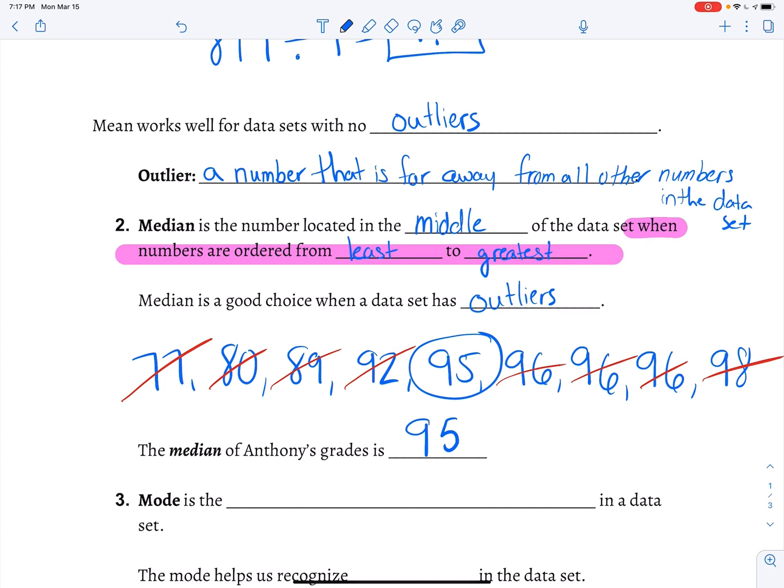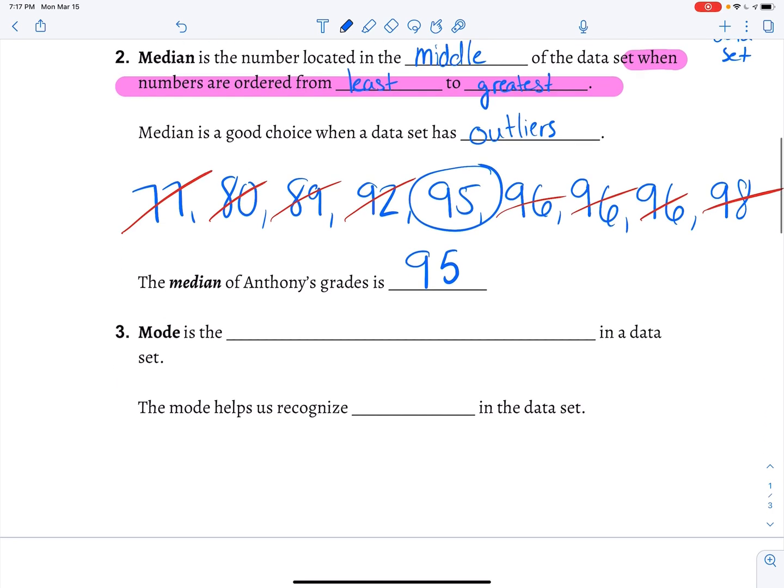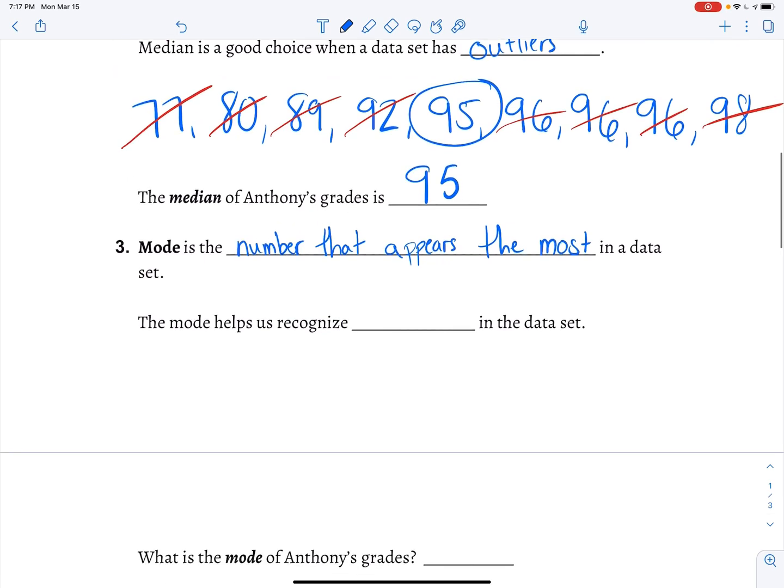Moving on, the mode is going to be the number that appears the most in a data set. And the mode is going to help us recognize trends